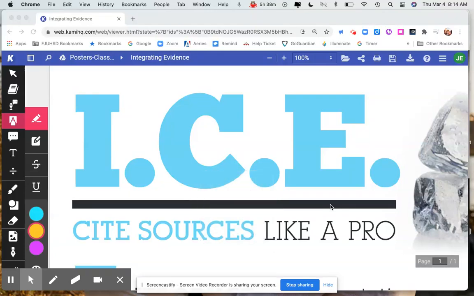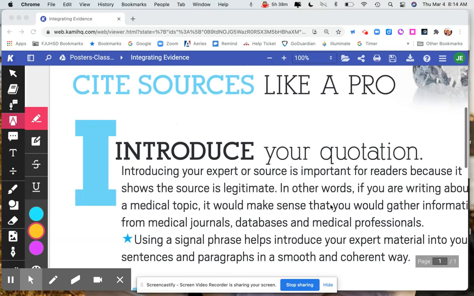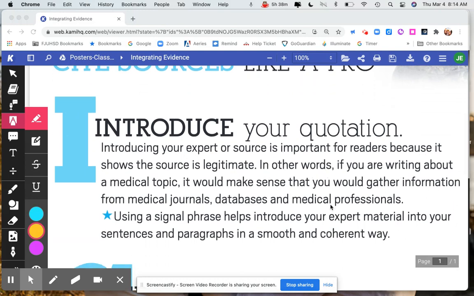We're going to talk about ICE, which is integrating evidence within your writing. ICE stands for Introduce, Cite, and Explain. It's a mnemonic. So this is how we cite sources. First, we introduce your quotation or your